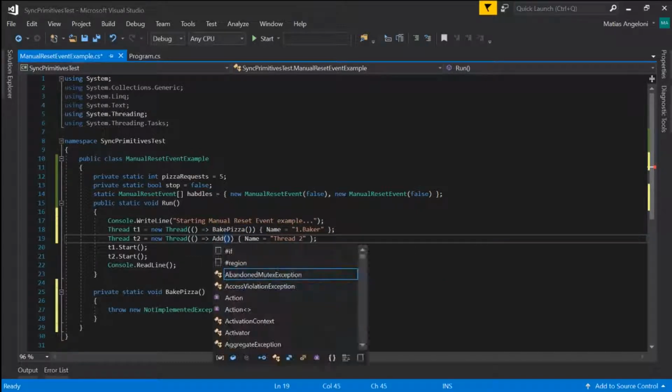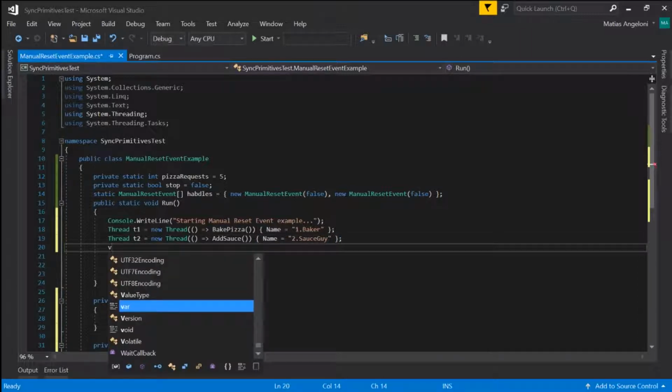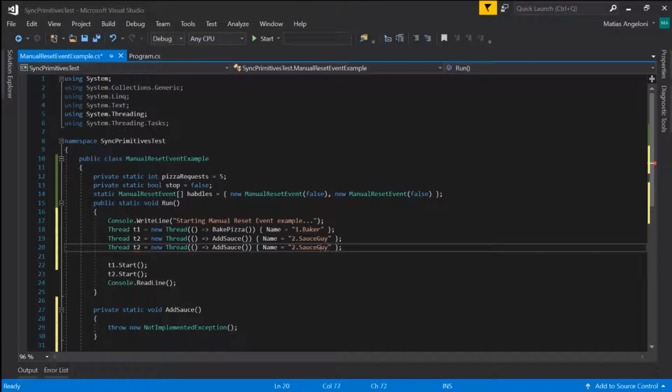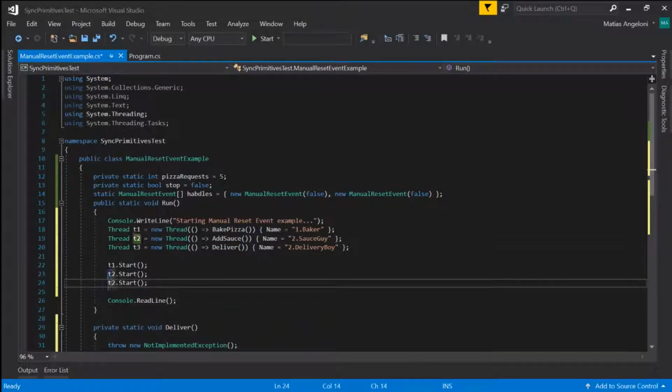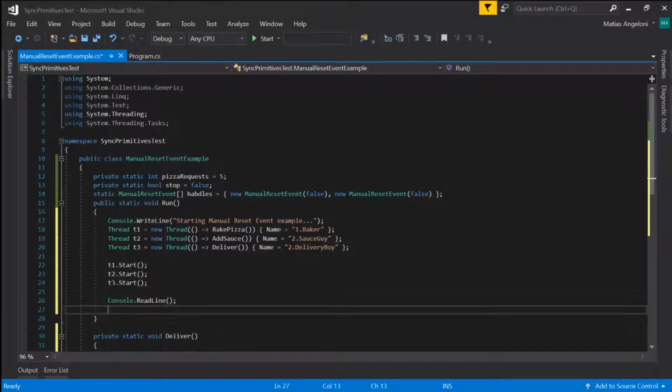Then we will have the add sauce method, and the thread is going to be called sauce guy. And the third thread is going to be called the delivery boy, that it's going to call a deliver method. We need to start the third thread. We are going to read the console to stop the program. When we enter any key at the console, we're going to stop the program,